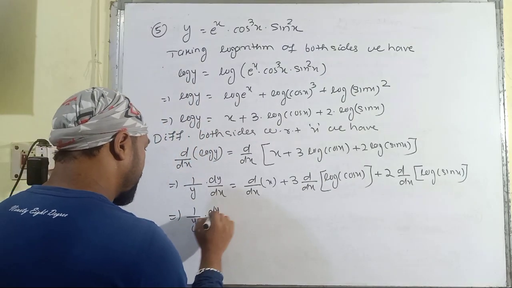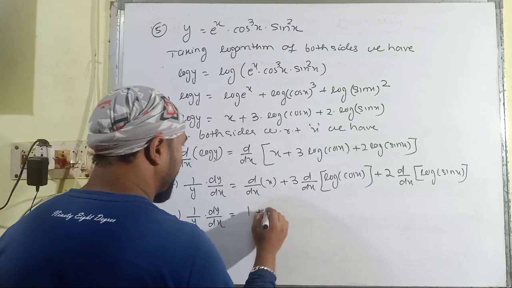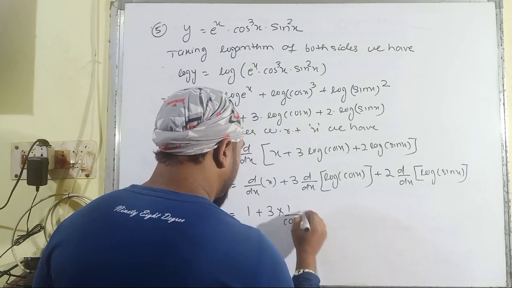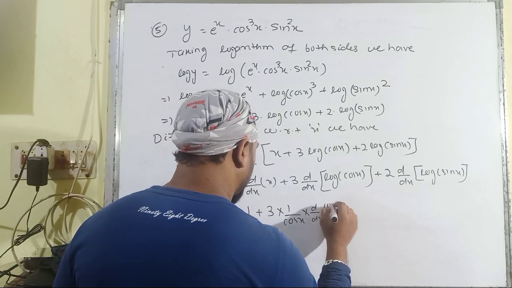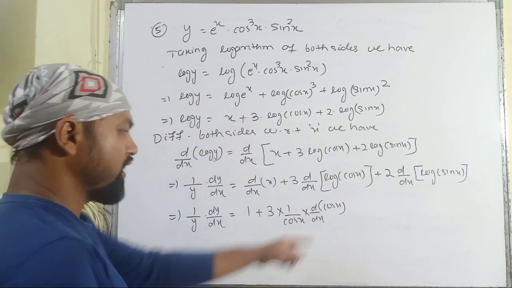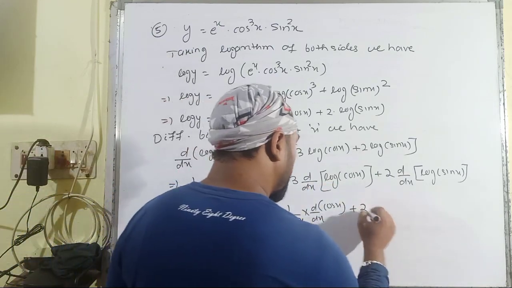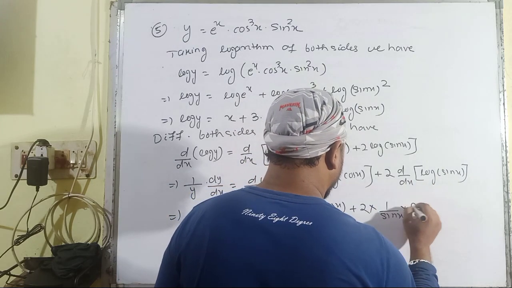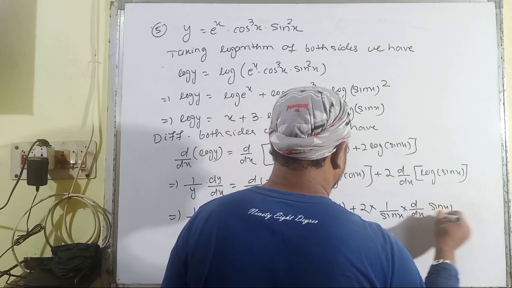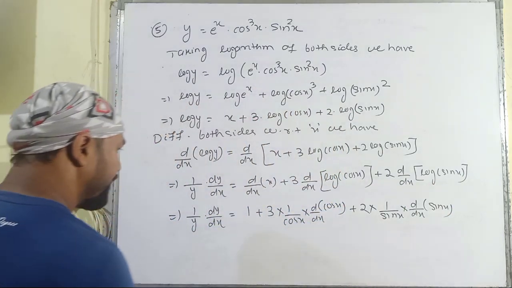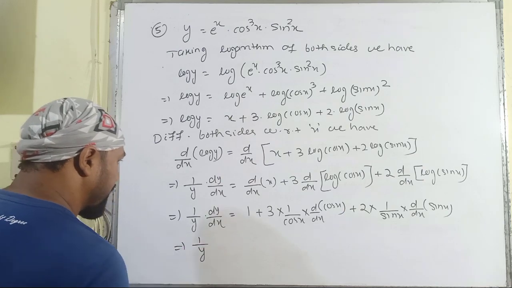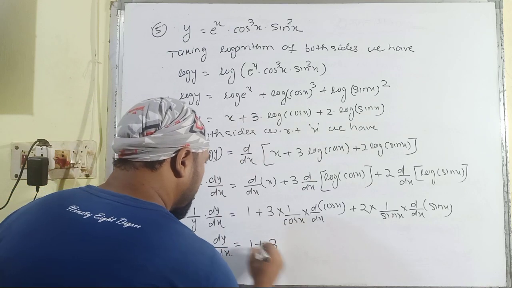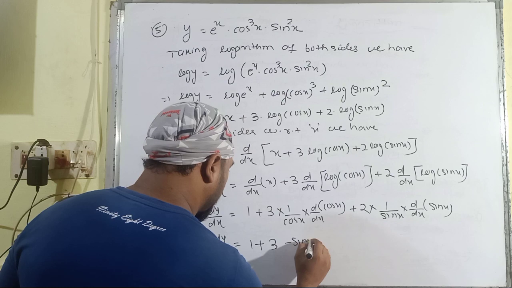So 1/y dy/dx is 1 plus 3 multiplied with the differentiation of log cos x, which is 1/cos x, again multiplied with the derivative of cos x, because we have to apply the chain rule here as this is a composite function, plus 2 multiplied with the differentiation of log sin x, which is 1/sin x, again multiplied with the differentiation of sin x, again as it is a composite function. So 1/y dy/dx is equal to 1 plus 3 multiplied with minus sin x divided by cos x